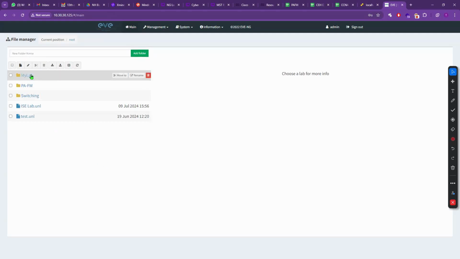That way, let's say if you are handling multiple different labs, like you are attending Palo Alto also, Fortinet also, or FTD also, or let's say VPN or IS, anything, you can create different folders. You can see here I created for Palo Alto firewall, for switching. Okay. This is only one lab, so I did not create a separate folder like CCIE. Otherwise, I can create. So any folder you create, here only one click.